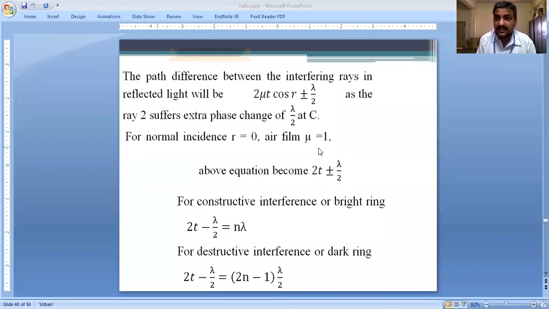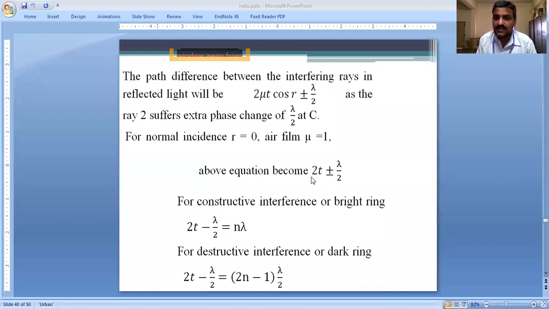But here is another problem. We don't know what t is. t is a variable, and 2t is minuscule. It is extremely small, infinitesimal, so it is not possible to measure with any available instrument. It is very difficult in the laboratory. So somehow we have to express this t in terms of other measurable parameters, right? That part we are going to do in the next slide.